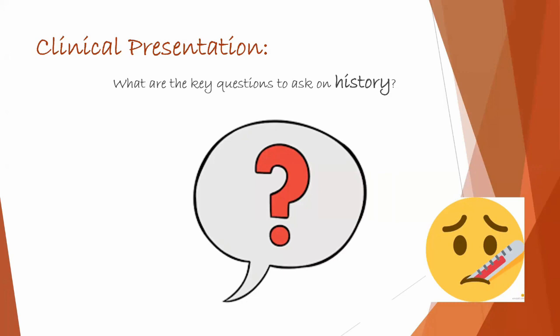Anyone? Can start with, what is the duration of the fit? Was it witnessed? Was it the whole body shaking or just one side? Has the child ever had a fit before? Did it spontaneously abort, or did EMS have to give any medication to abort it? Has the child been ill preceding the seizure? Yes, okay. Thanks, Amy. That's very good.